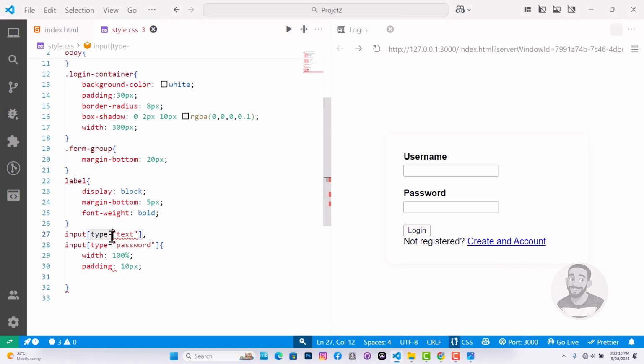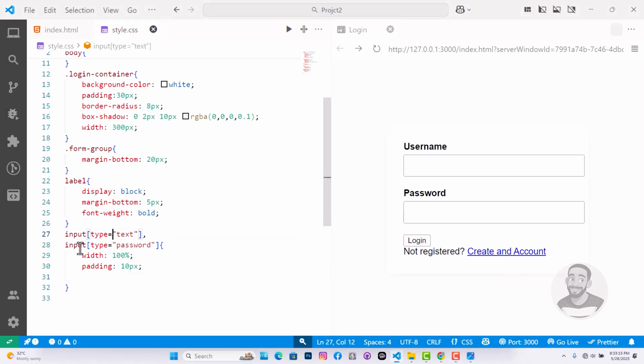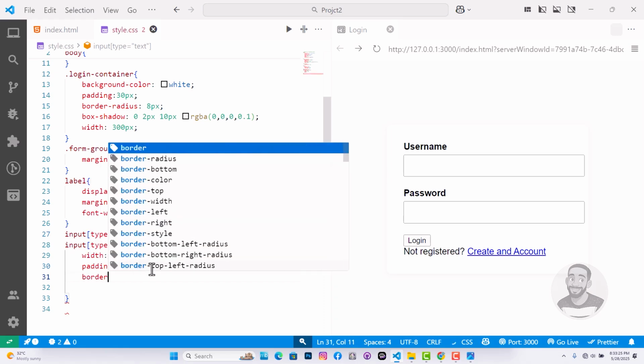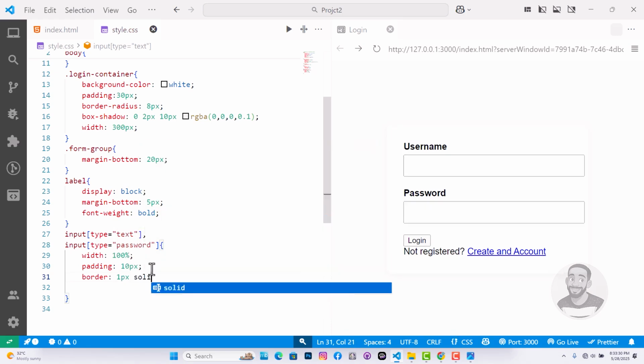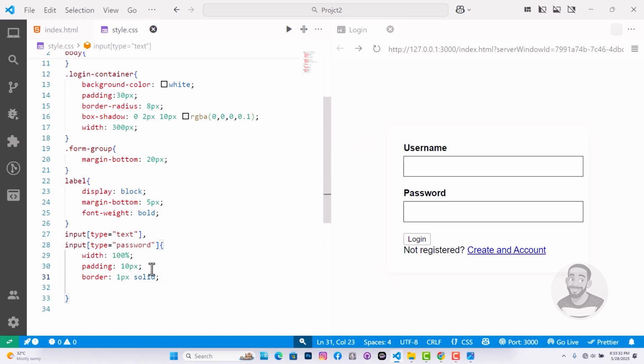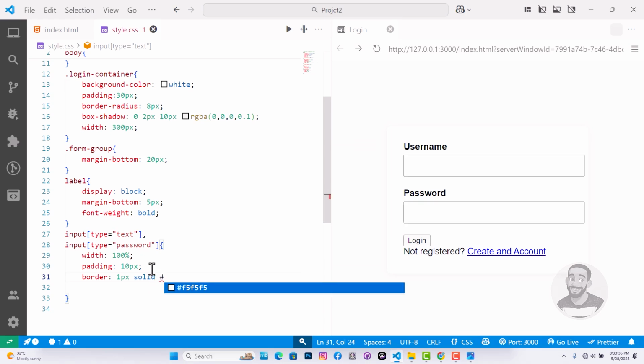Oh, this has to be like this, sorry. So I had a typo there. So let's continue. I would also give it a border of 1 pixel and it should be solid, and a color of 3Ds. Okay,